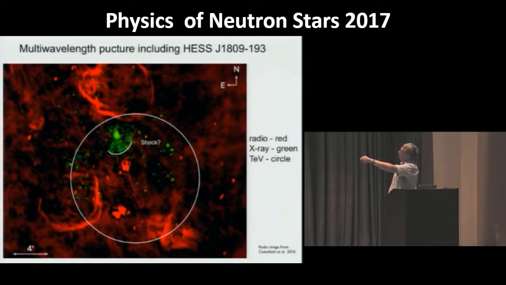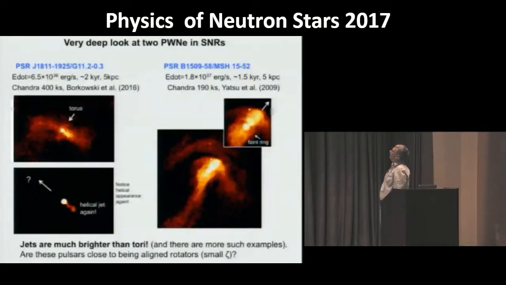There's plenty of supernova remnants, but the nebula itself is not detected. There's a TeV source here, and it remains to be understood how these two are related, given that sharp boundary over there. The other nebulae that I think are very interesting, that are emerging from these very deep observations with Chandra, is